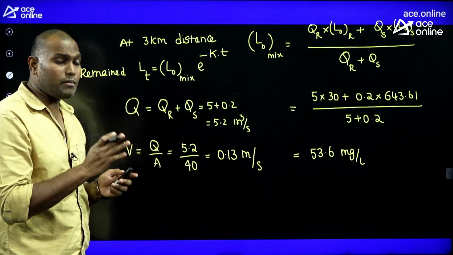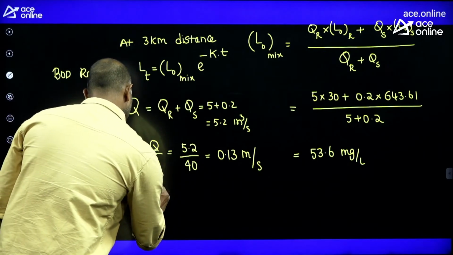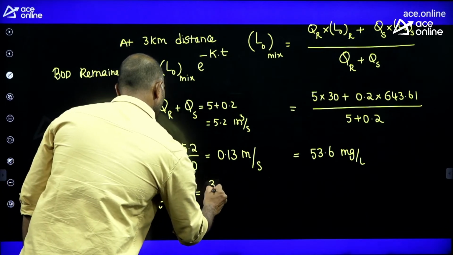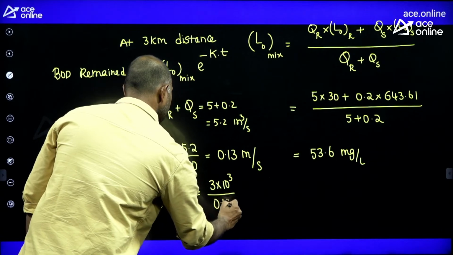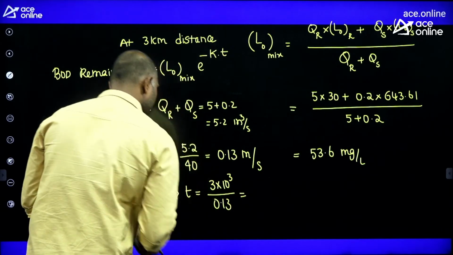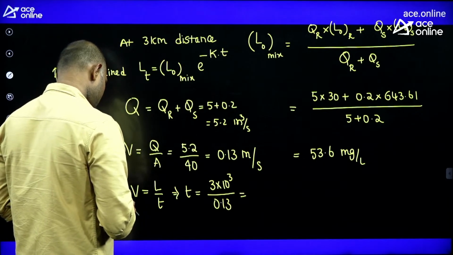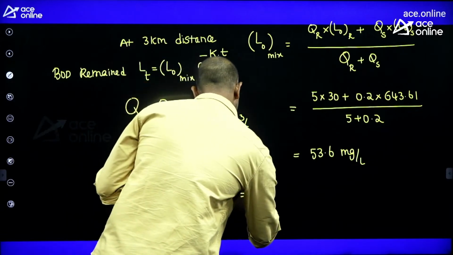How many kilometers does it have to travel? 3 kilometers. Then you know velocity is nothing but length by time. So 3 kilometers is 3 into 10 to the power of 3 meters by 0.13. This gives us